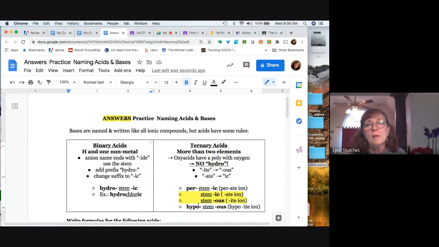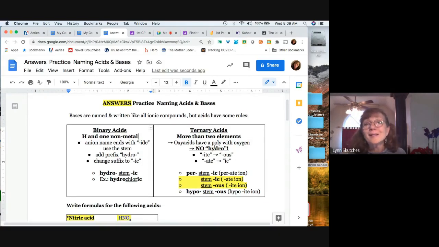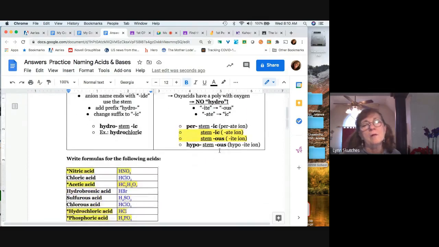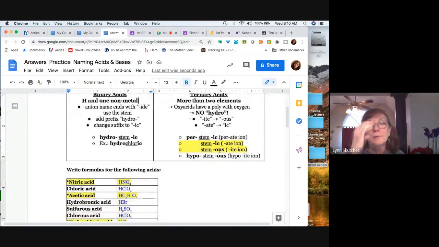And then again, reviewing ternary acids are typically the ones that are polyatomics that typically have oxygen. Again, we always have exceptions. So the acetate ion ends in ATE. Oh, it does have oxygen, but it has 3 elements. That's what I was going for. Okay, usually it's hydrogen with 2 others. Acetate has 3. Okay. And there's other ways. There are other ions than what we've learned, just so you know. All right, so most of the time,